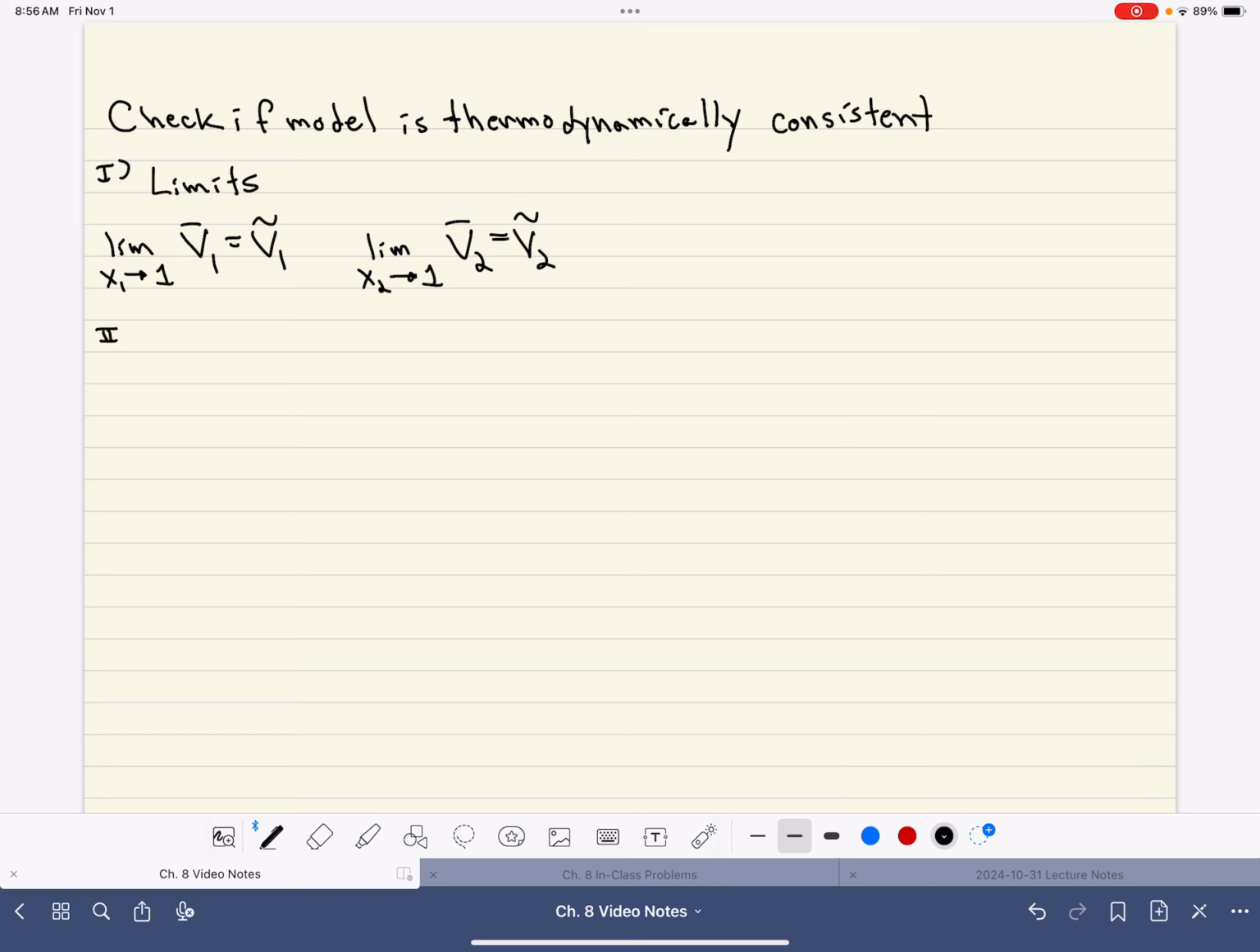The second criterion would be additivity. Right? Your molar volume of the total mixture, right? So not the ideal solution, but the actual molar volume, would just be equal to x1 V1 bar plus x2 V2 bar. So that has to be satisfied. And then the third criterion